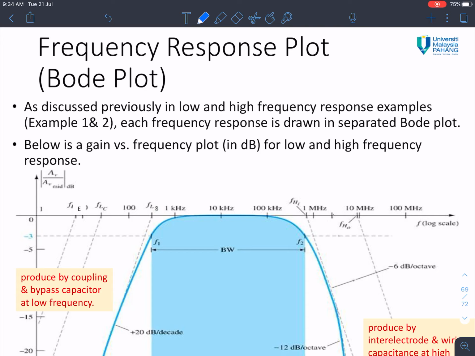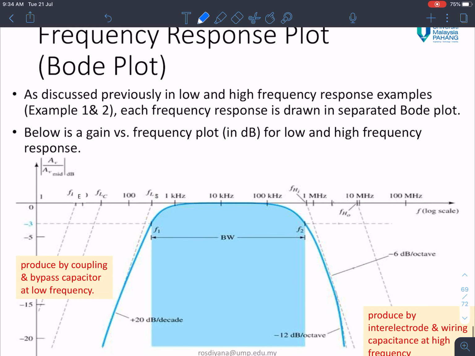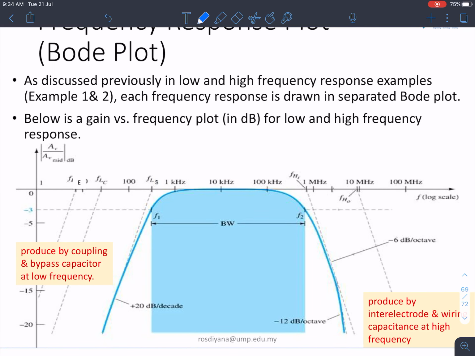Below is a gain versus frequency plot in dB for the low and high frequency response, I'd say the overall response. So for the overall, we can see the high and low frequency response here. This is an example from another amplifier. For example, here